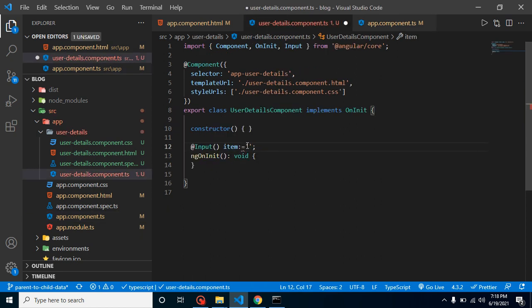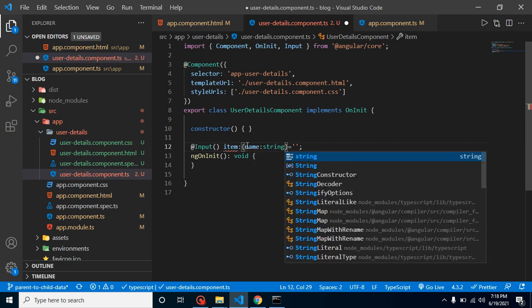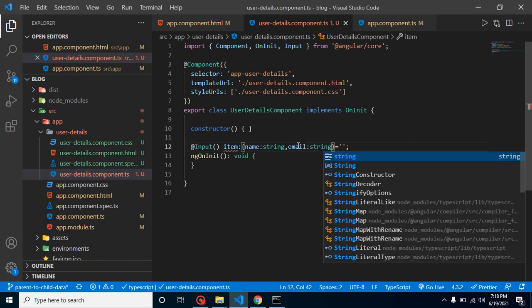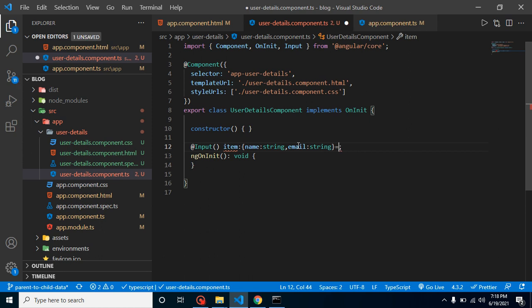So just simply make an object and take a name, and name will be of type string, and after that email. This is a part of TypeScript because we are using a TypeScript file. This is not a part of Angular. In TypeScript we define the string type, and for email it will again be a string. Now we need some default information. So let me add name, let's say blank. After that we can also define email, again blank, and we don't have any issue here.